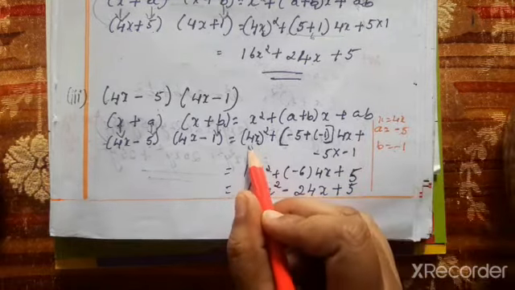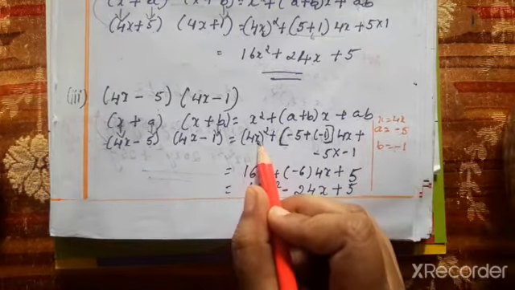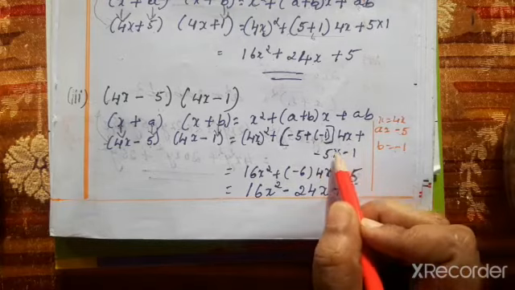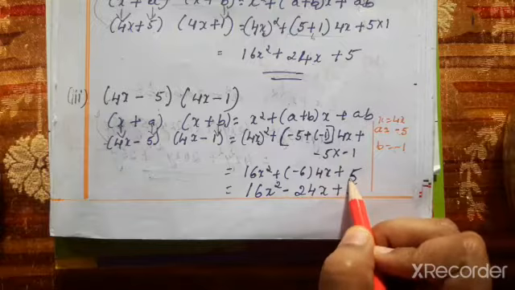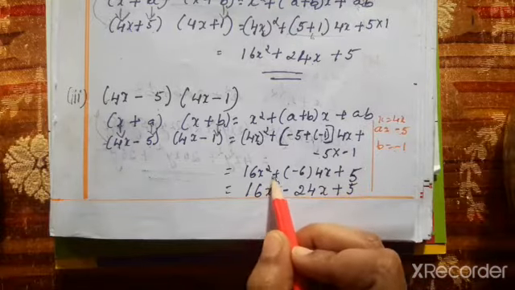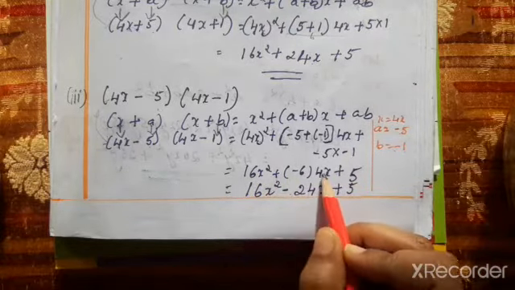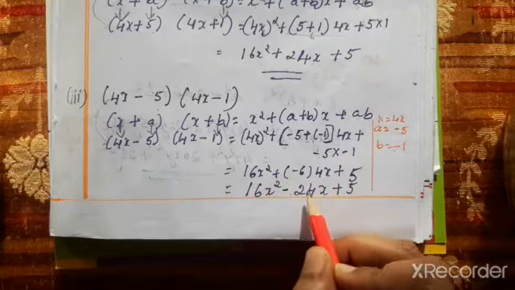Now (4x)² means 4 times 4 is 16, x times x is x². Then −5 plus −1 is −6, and 4x; plus times minus is minus, minus times minus is plus, 5 times 1 is 5. Answer is 16x² minus 6 times 4 is 24, bracket means multiplication, 24x